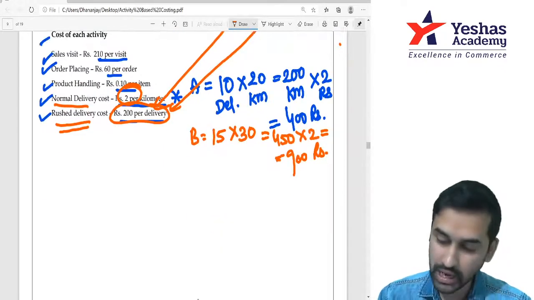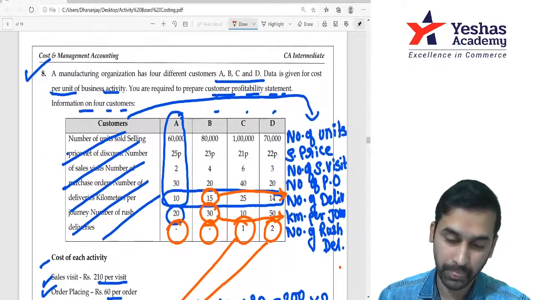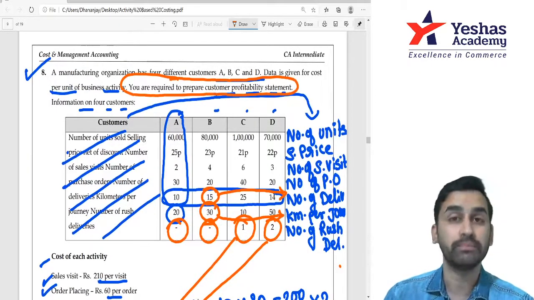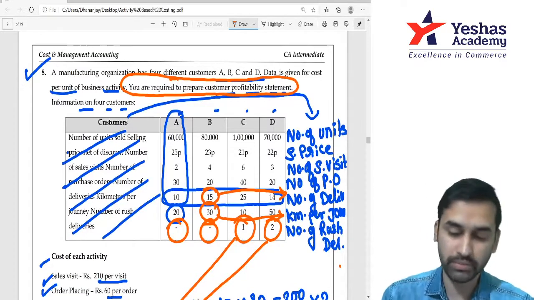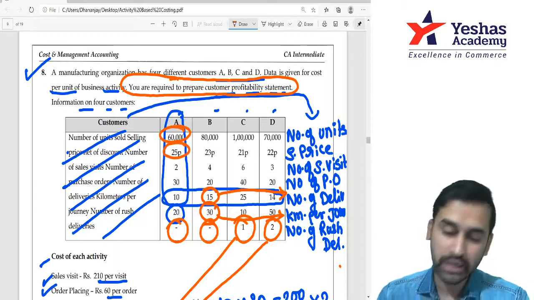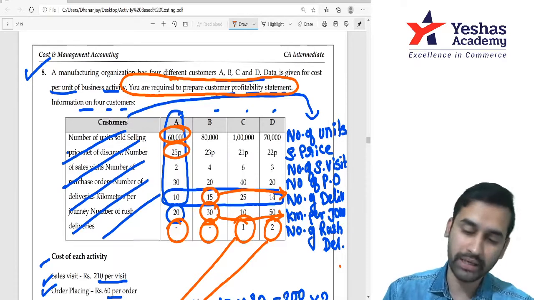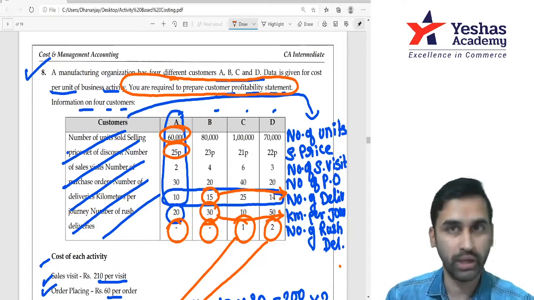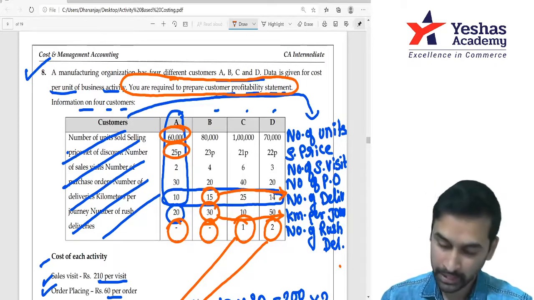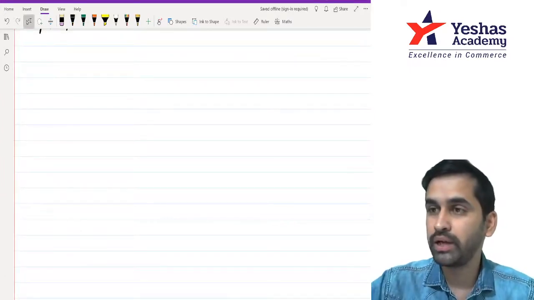Right. What is asked in the question, by the way? It's, I think, in the first paragraph. Yeah. You are required to prepare customer-wise profitability statement. That's it. That means you have to start from sales. Selling quantities with you, selling prices with you. If you multiply, you get sales. Direct cost like purchase price or cost of goods is not given. So you will directly deduct all these other expenses. Okay. You will finally get profit or loss. Clear? Shall we start? Everybody, question number 8.